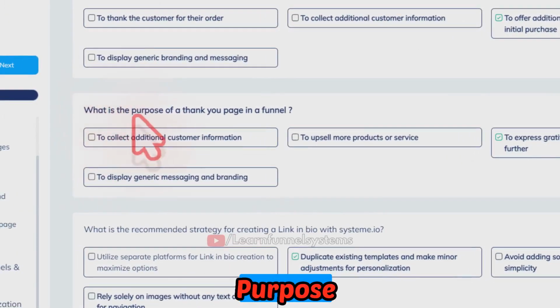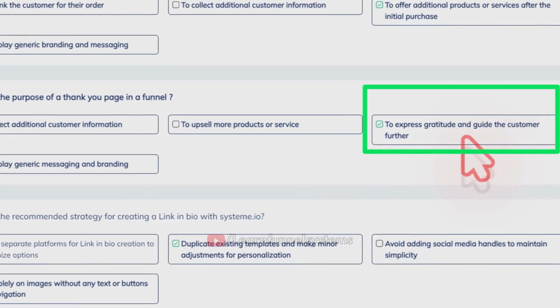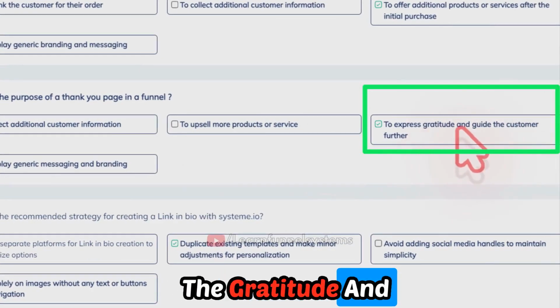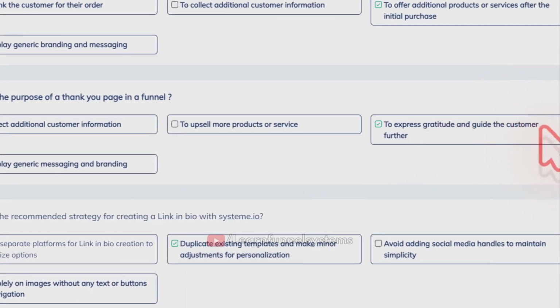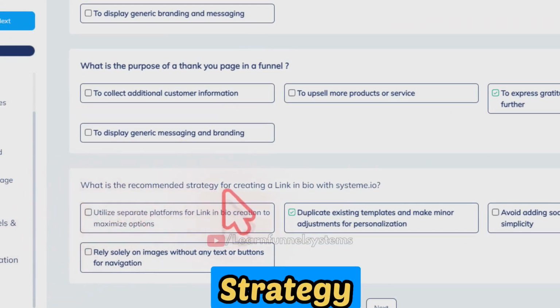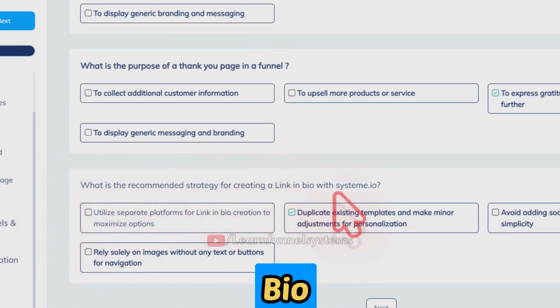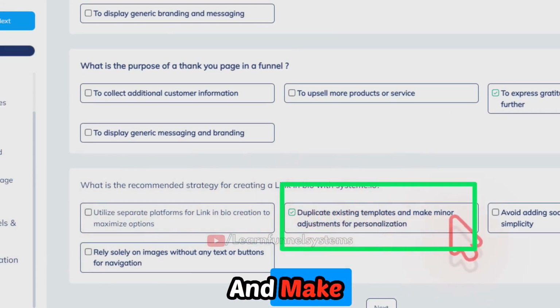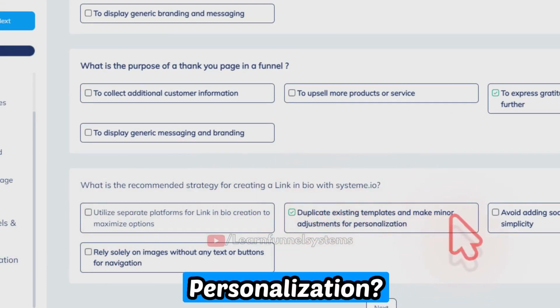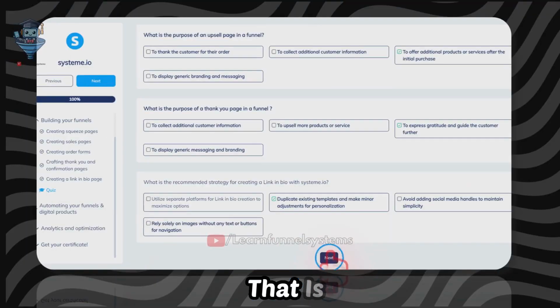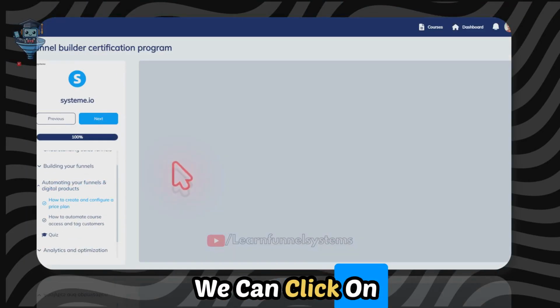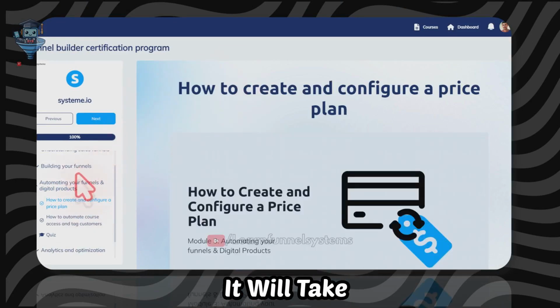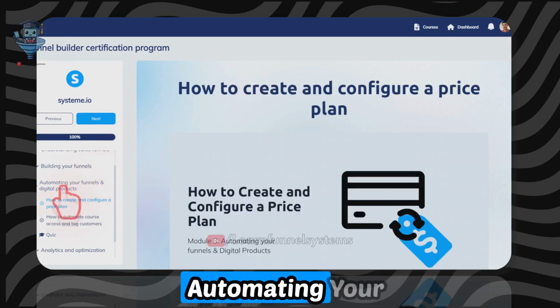What is the purpose of a thank you page in a funnel? To express gratitude and guide the customer further. What is the recommended strategy for creating a link in bio with System.io? To duplicate an existing template and make minor adjustments for personalization. So that is completed. We can click on the next button and it will take you to the